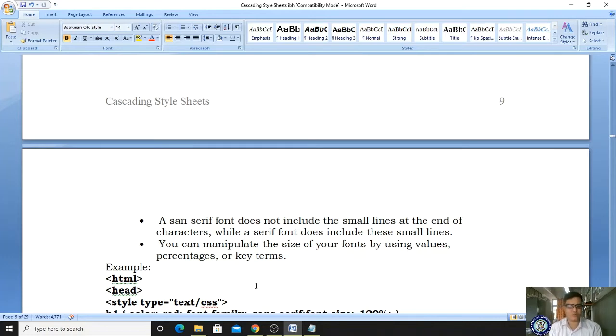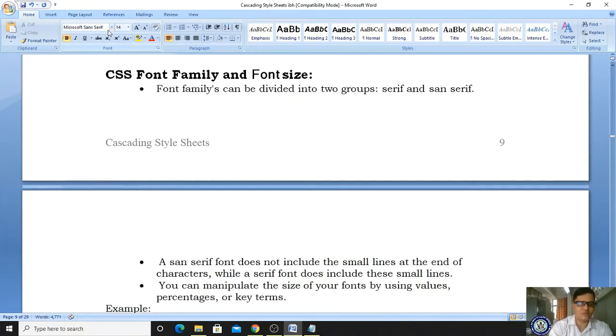But if you use serif, please observe, here Microsoft Sans Serif is there. Let me take Microsoft Sans Serif. You can identify, if I change this, what will happen? It doesn't include the small lines.